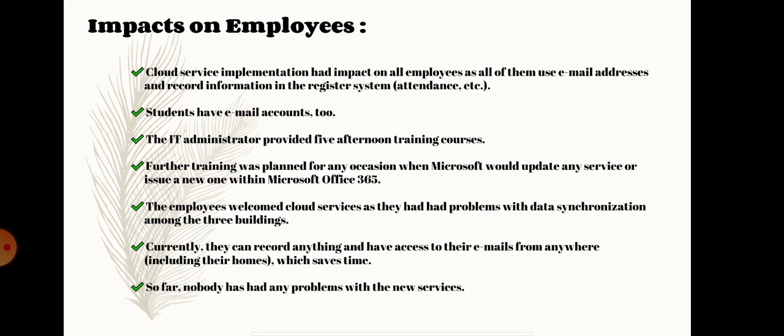Impacts on employees. Cloud service implementation had an impact on all employees, as all of them use email addresses and record information in the register system, that is attendance and much more. Students have email accounts too. The IT administrator provided 5 afternoon training courses. Further training was planned for any occasion when Microsoft would update any service or issue a new one